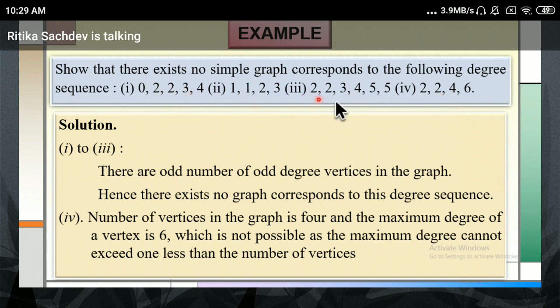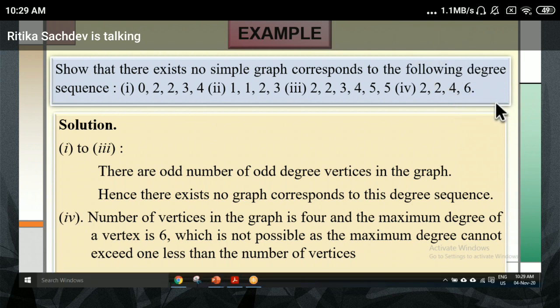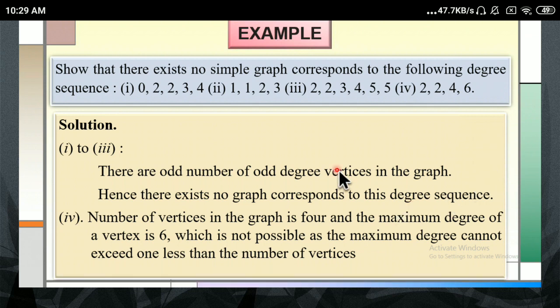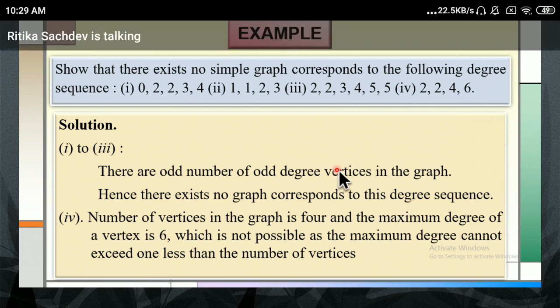So we had said if the sum is odd, I can directly reject. But if the sum is not odd, if it is even, I cannot say a graph exists. I will have to find another way of deciding whether the graph should exist or not. Is this point clear? For the fourth one, are you convinced that the graph does not exist? Because we had said the maximum degree in a simple graph can be only n minus 1.